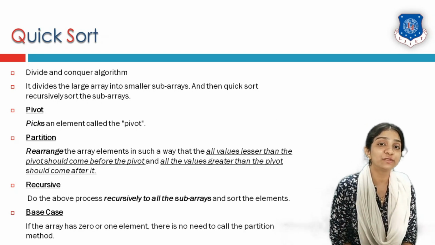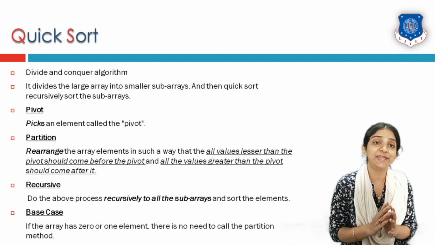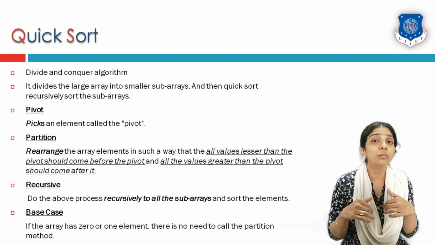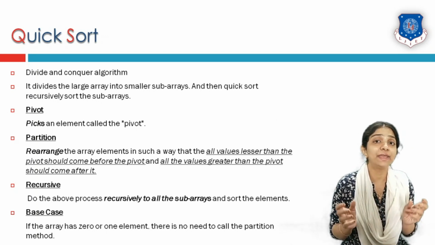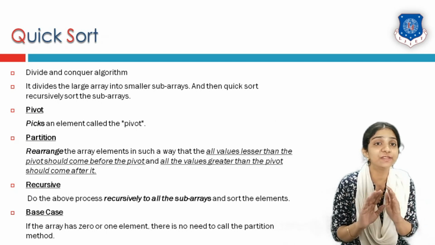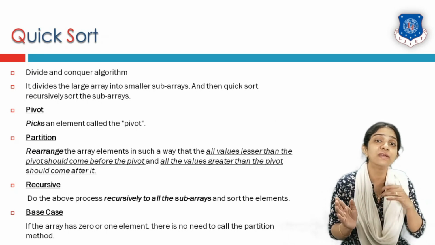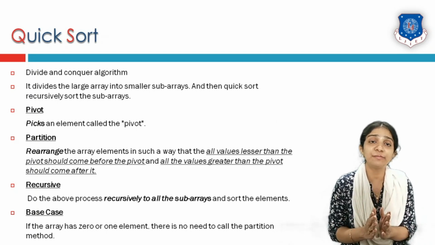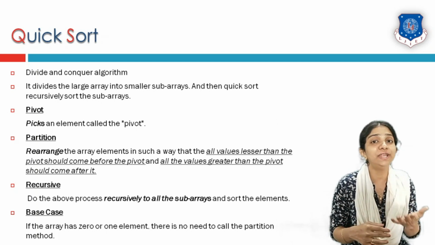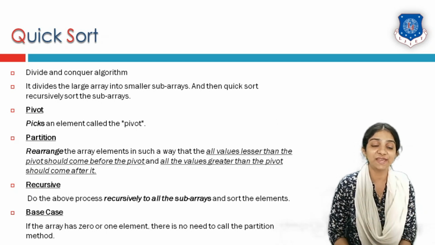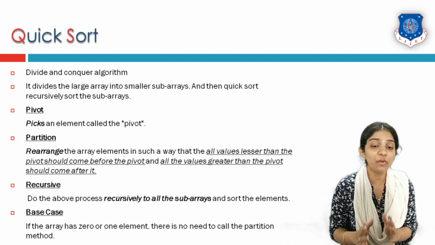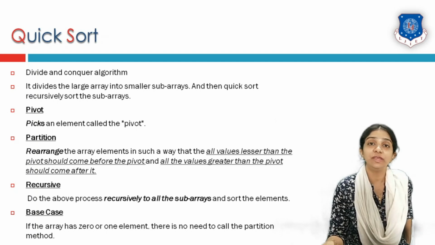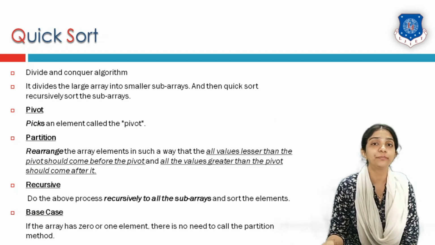The base case of quicksort is that when the array is divided over the pivot element towards the left and towards the right, both the left and right subarrays must have zero length. That means there are no left elements towards the pivot and no right elements towards the pivot. So we say that the pivot is in its place and there are no more elements which need to be solved. So the base case is that the array has zero elements along with the pivot. Then the partition method does not hold anymore.